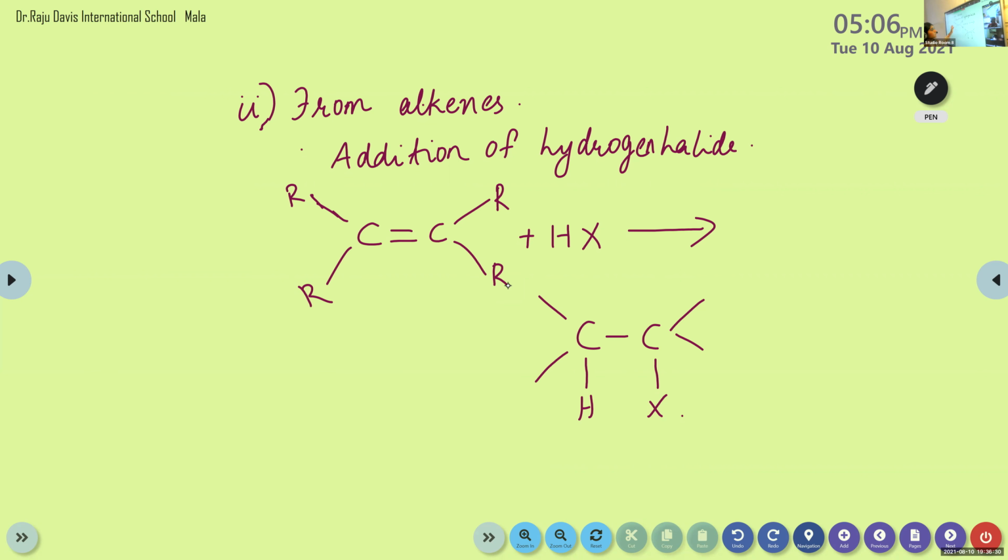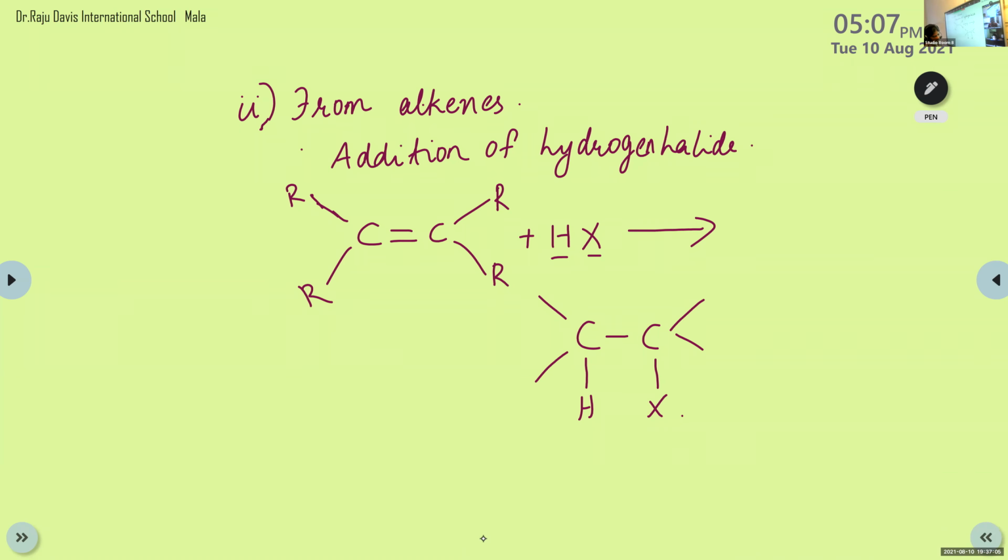This is clear, children? This one is symmetrical in nature, that means both sides of this double bond are equal, right? That means two R groups are here on the left side, on the right side also two R groups are there. If they are not symmetrical in nature, we should follow Markovnikov's rule for the addition of this hydrogen halide. And this rule will tell you which among these two elements will go to which side. Is this clear? So we can do one example of this